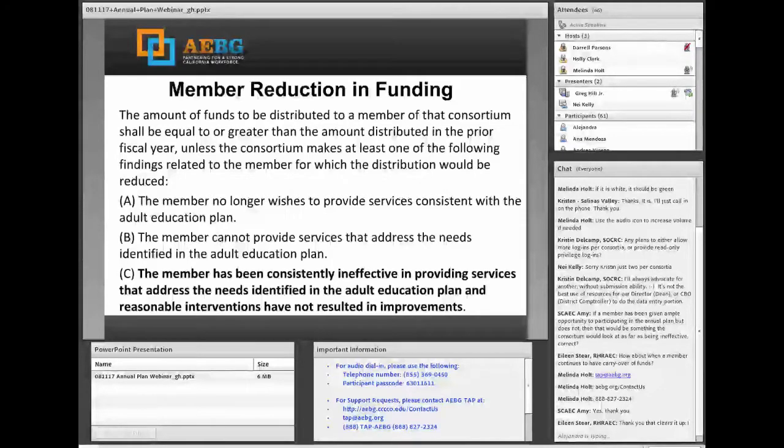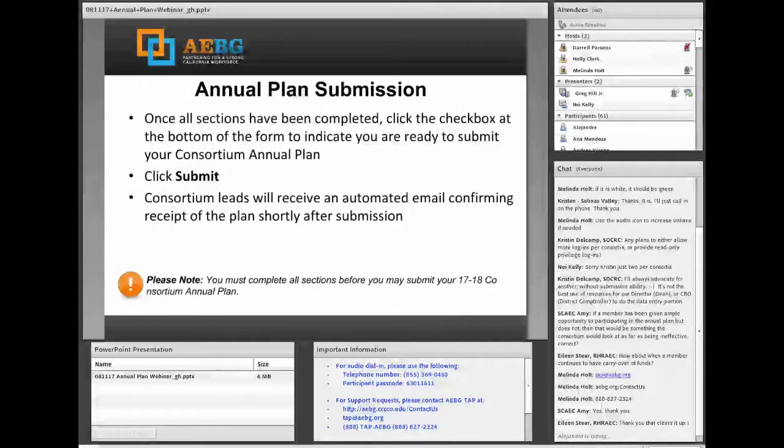Sure. Okay. So one of the big questions we've been getting a lot is how do we submit the plan? Heretofore, the only option you had at the bottom of your annual plan form was the option to save.